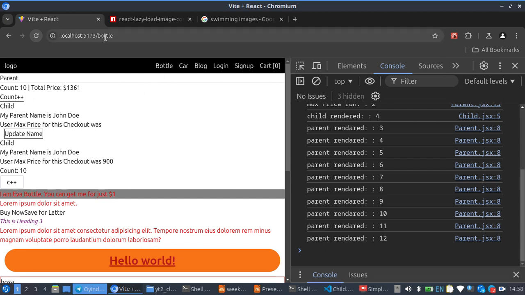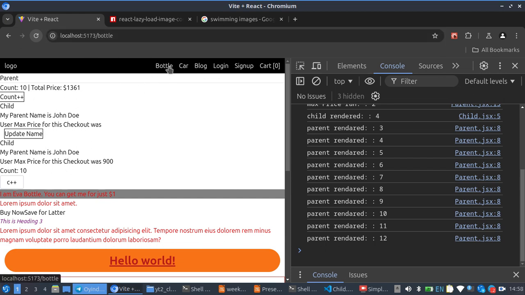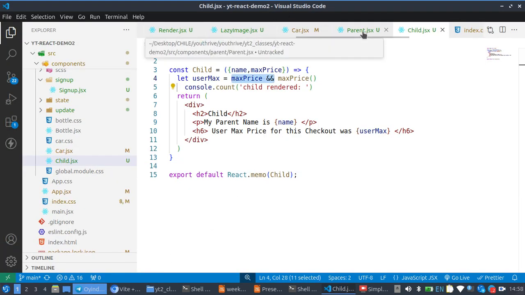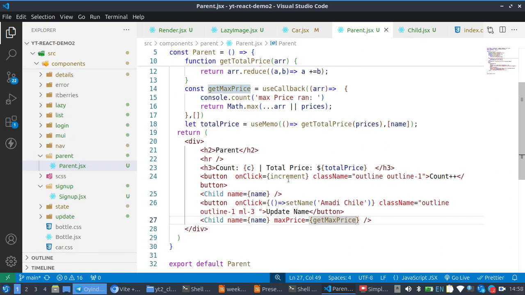This component here is in the bottle, this one here. But if we go to the car now, I don't know why it's also displaying twice. So let's see, do we call it more than once? I think that would be an oversight. So this was the error here. I didn't see that. So this was the error, because we are calling it without passing that function. So only when I made it a conditional,